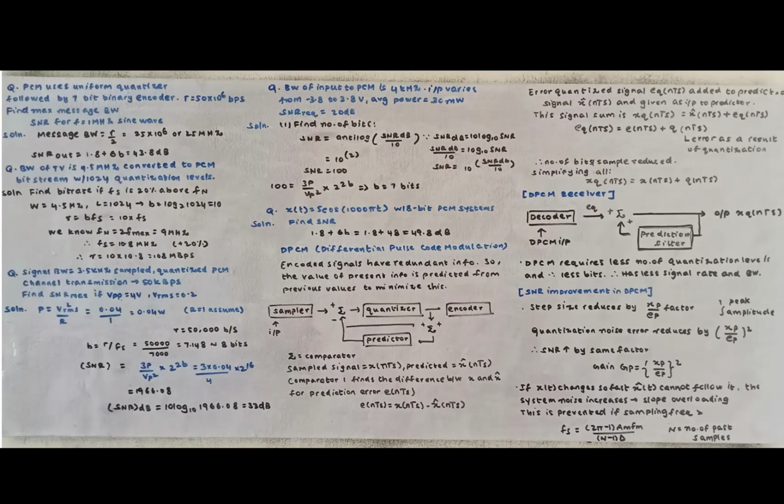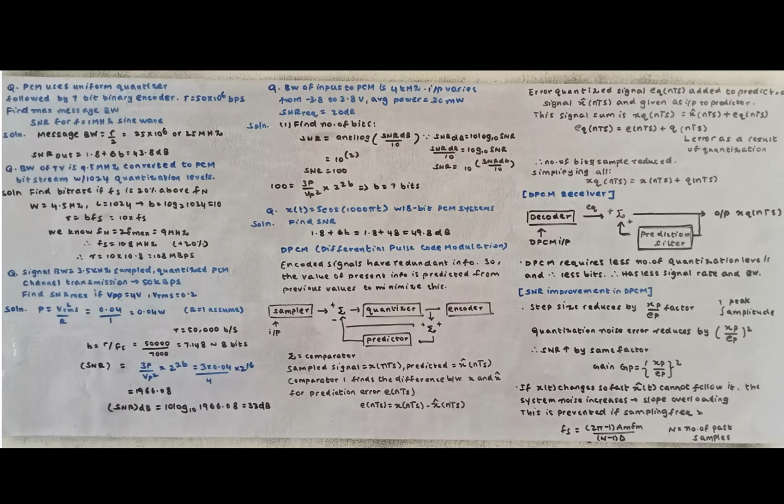And then that combines with the predicted signal, which is X cap of NTS in a comparator. So here the positive of the sampler output is taken, the negative of the predictor output is taken. So the comparator finds the difference between X and X cap. And then this becomes the prediction error, which is known as E of NTS. So E of NTS is X of NTS coming from the sampler minus X cap of NTS coming from the